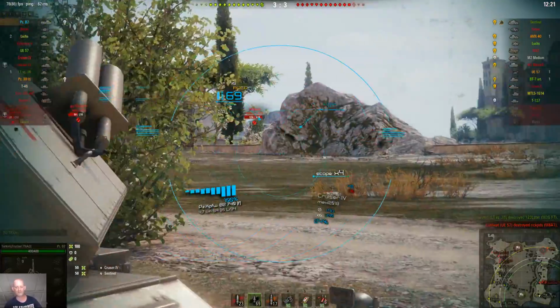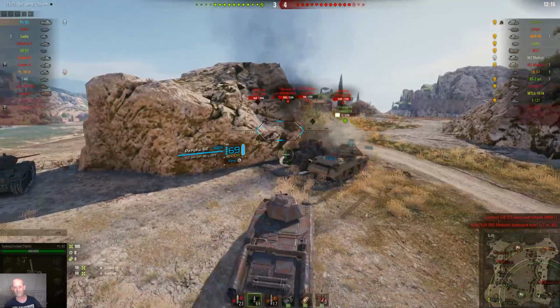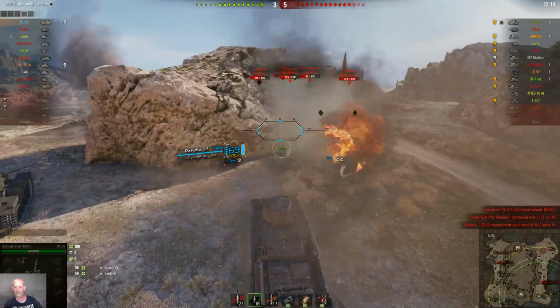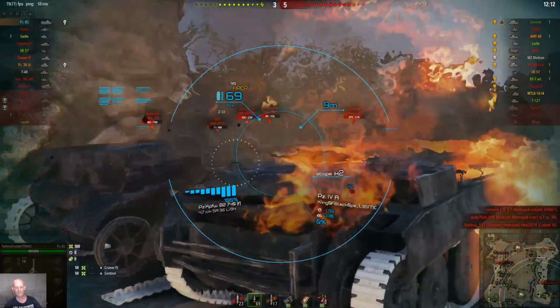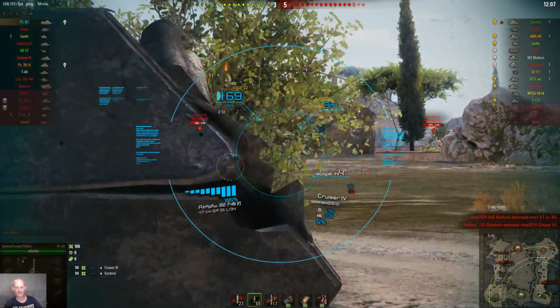And then this cruiser pulls right out in front of me, and I'm like, fine, have it, whatever. He's got 54 hit points, and now he's dead. But he wanted that spot awful bad, so I let him have it. Because I'm a nice guy, what can I say? So, going back after the Sentinel,